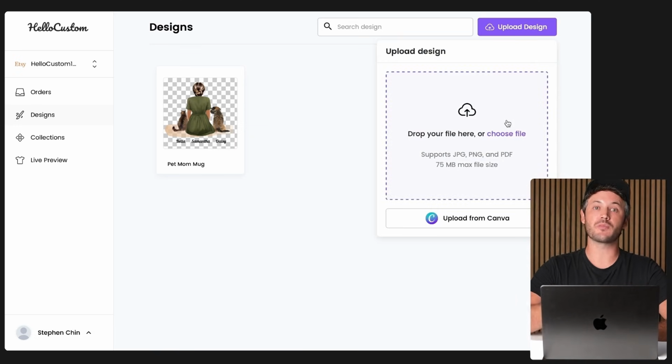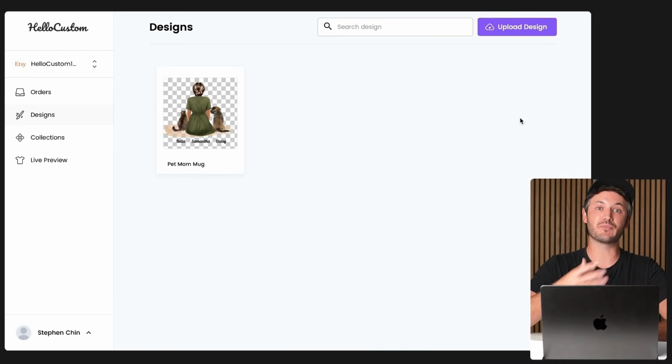So in terms of our PDF to editable design feature, again, you can create your designs anywhere you want, just download it as a PDF, upload it here, and we will convert it back into an editable design. We increased our file size limits from 15 megabytes for the PDF all the way up to 75 megabytes. If you use Adobe Illustrator or Photoshop, for example, we do have an Adobe integration coming soon. So we are making tons of improvements on making it easier to bring your designs into HelloCustom to automate the